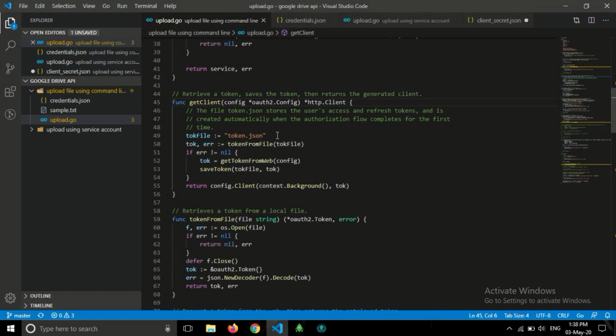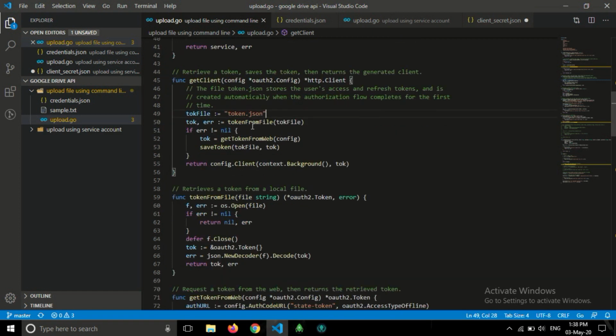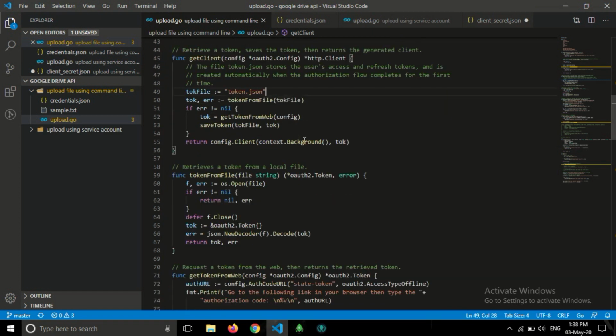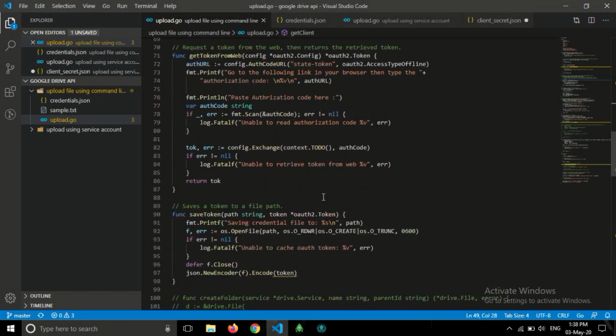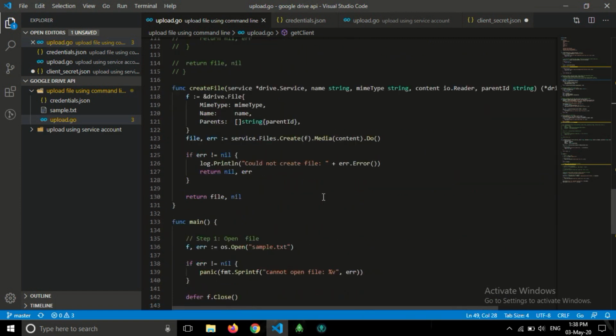The first time we need authentication, and after the authentication, it will generate the token.json. The second time we don't need to authorize again and again. Next time it will read from the saved token. So we will go again to main.